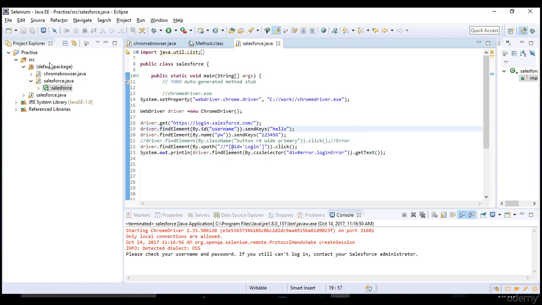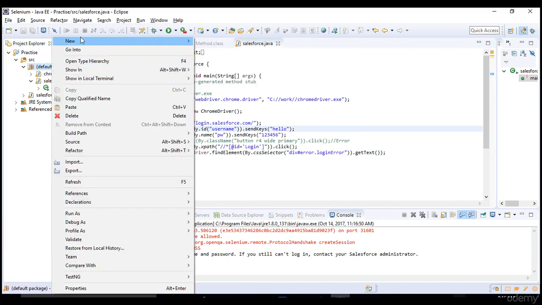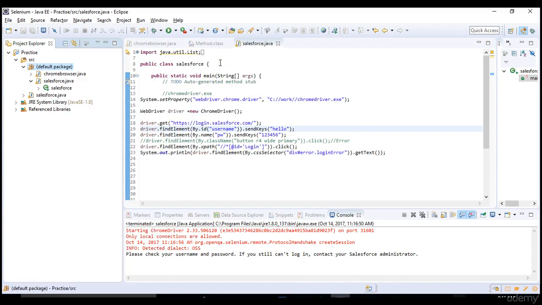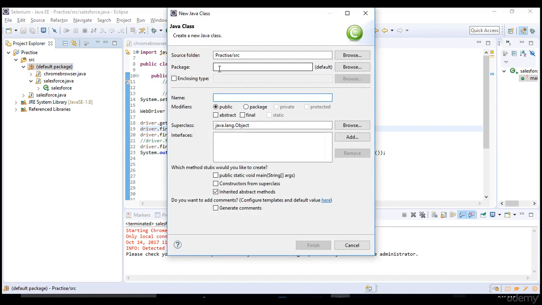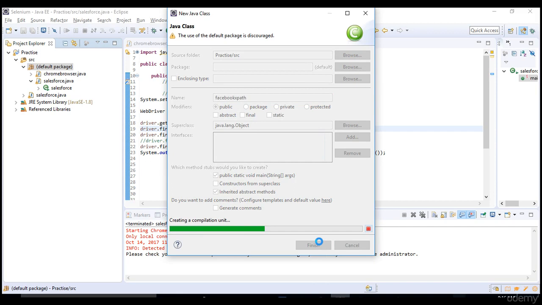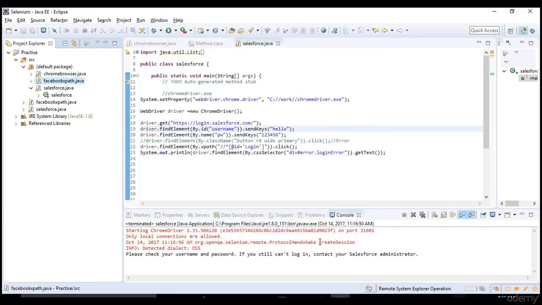So now let me create one more test and call it exclusively XPath test, to handle Facebook. You can do this on any application, it's up to you. I am just taking Facebook as a demo so that everyone can connect to it. You can pick any of your websites and do the same thing we are doing: get the XPaths and start entering something, clicking on it and getting the text from it.